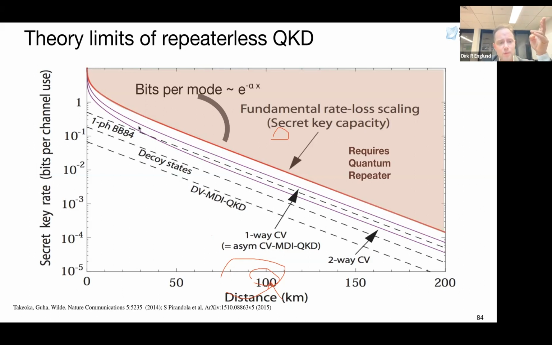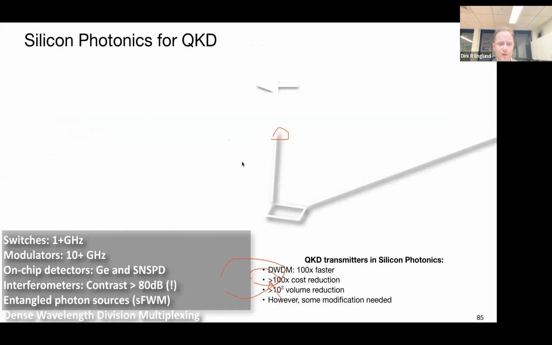But you can only do so well. This red curve here shows the best secure key rate that you could possibly achieve, theoretically, given the loss of the channel. So if you want to go to the other side of this boundary, if you want to go to 200 kilometers at a not ridiculously low rate, you have to beat this red line. And that, fortunately, was done